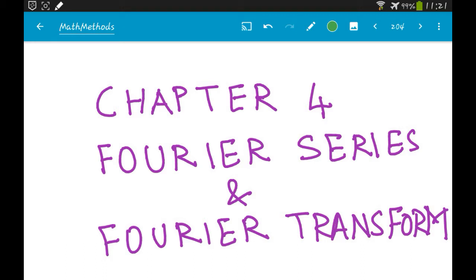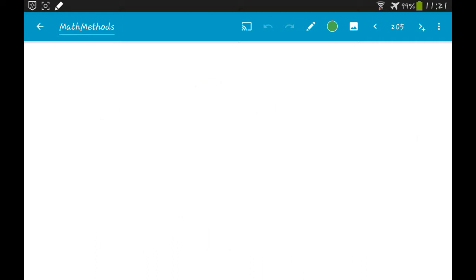So today we are going to begin a new chapter, Fourier series and Fourier transform. Fourier series is something that you come across when you're dealing with periodic functions. So where do we encounter periodic functions? In physics there are several examples where you have waves, oscillations, so sound, light, all of these are periodic functions. In all of these places we can apply Fourier series to represent these periodic functions in terms of sines and cosines. That's what Fourier series does.